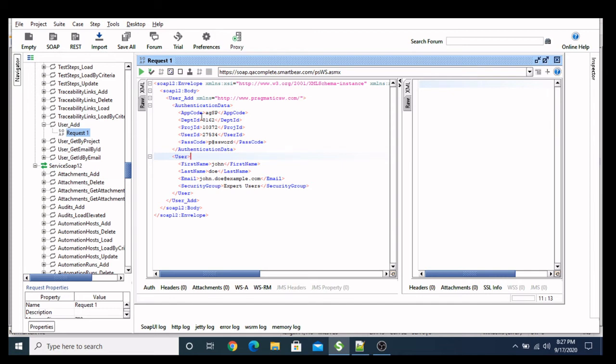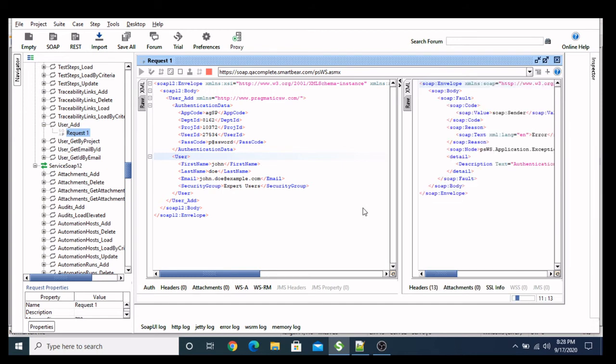So now let's see how it's going to work. Currently I am not able to get the response from the server regarding the authentication. There are some problems happening with my API. So I'm going to show you what kind of response we will receive if the authentication fails, and if the authentication passes, what kind of response we will receive in the SOAP API XML format. So let's run it. It's going to hit the server.